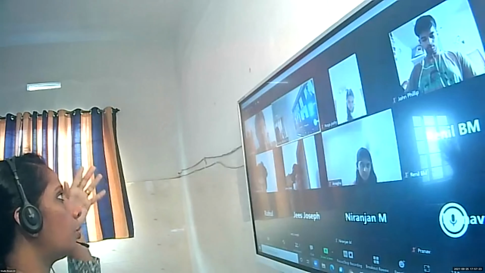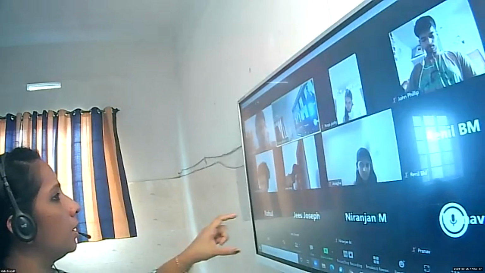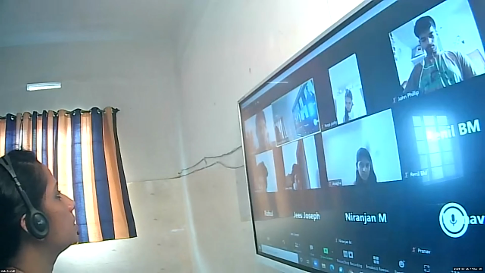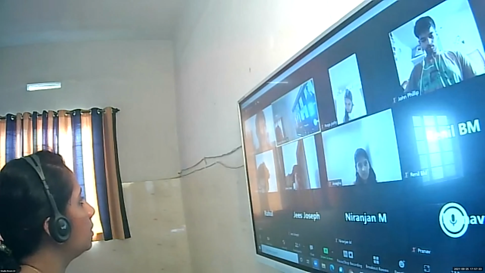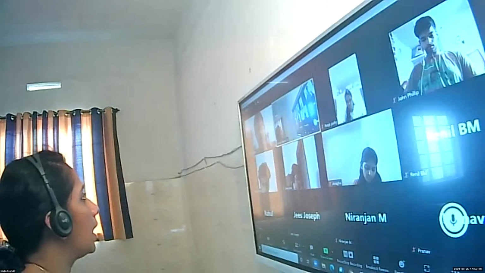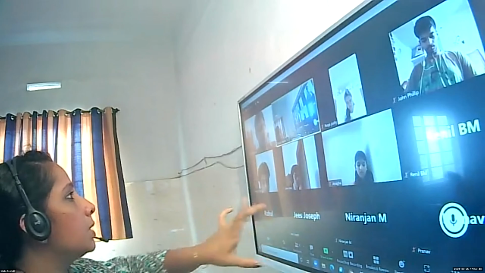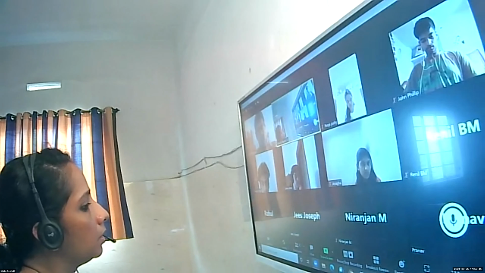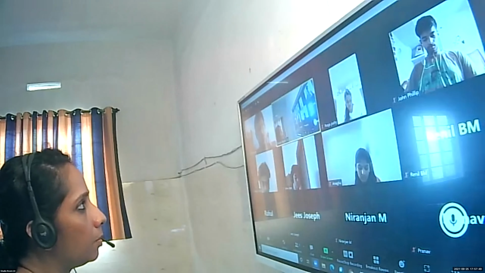Assigning means A is equal to, within double quotes we are giving some value. Here my question is how to input a line. How we can input? Using the input function. Using the input function we can input a line. Line means you type that, and after one word you just give a space. Okay, that is a line.